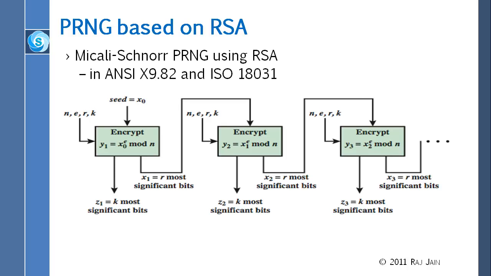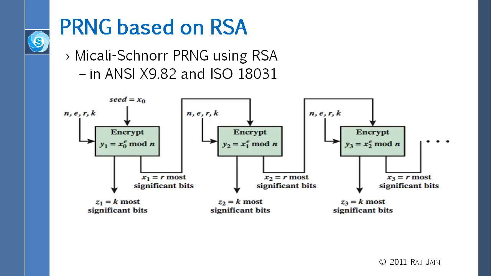E is for the encryption, so that is the public key. D is for decryption, so that was the private key. N, E, R, and K. E and N, this is the public key, R and K. X raised to E mod N,